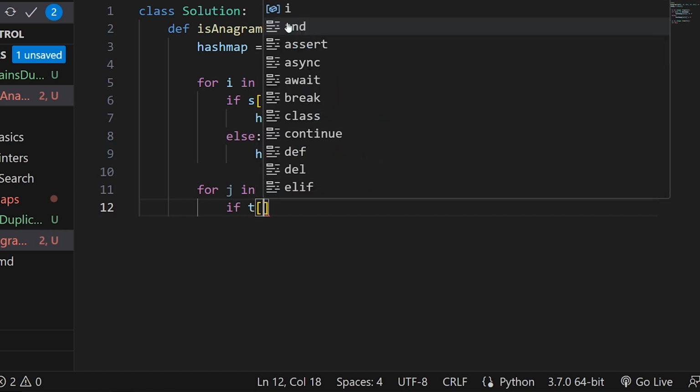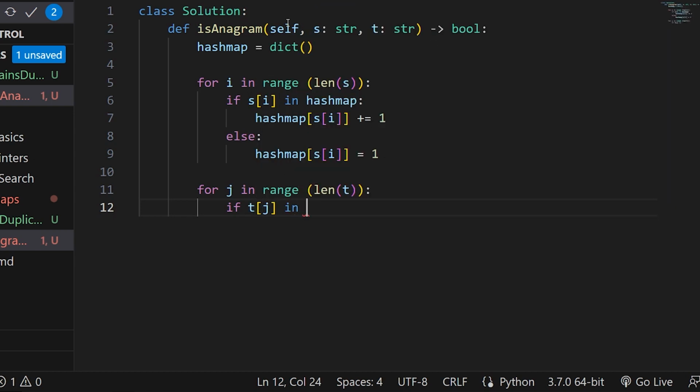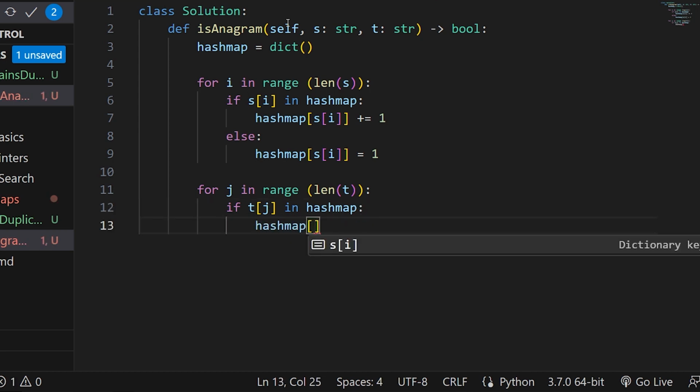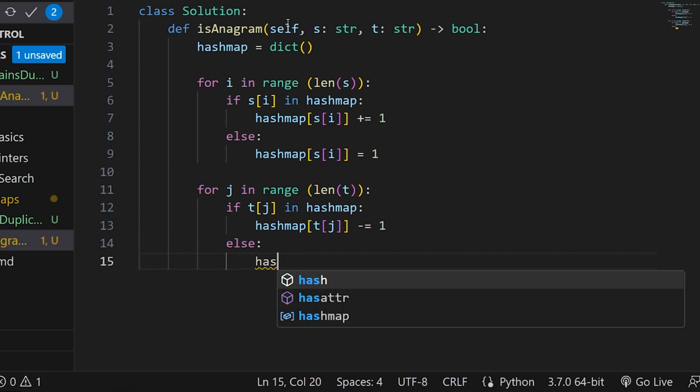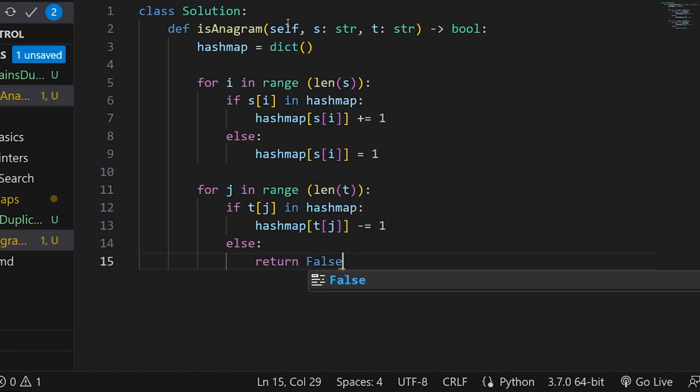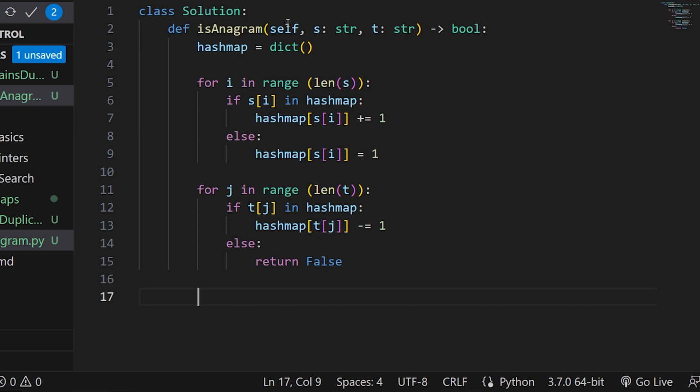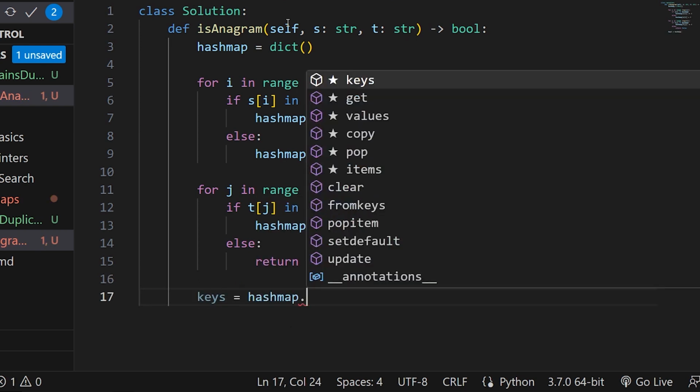Anyway, for t of j in the hash map, if it is in the hash map, I am going to decrement the count. So essentially it is going to be t of j minus 1. Else I can just return false. I can break it from here, because if it is not available, it is not a valid anagram. In the end, I'll take the keys. I'll say hashmap.keys.